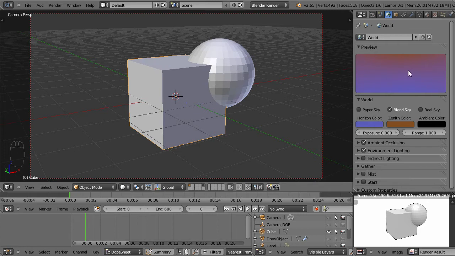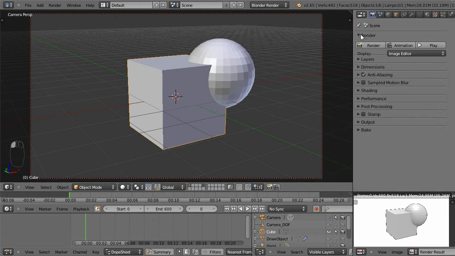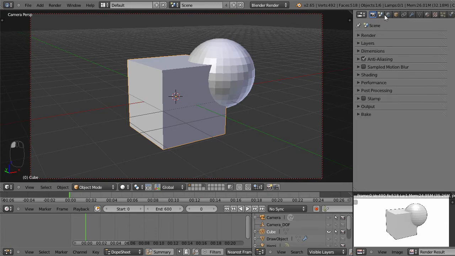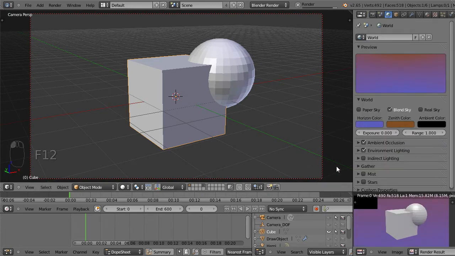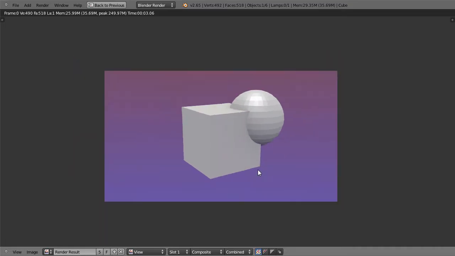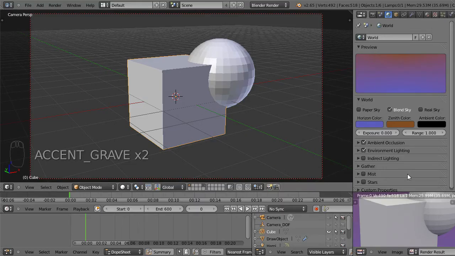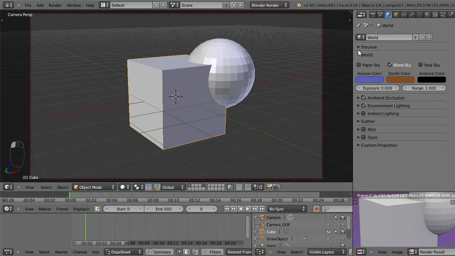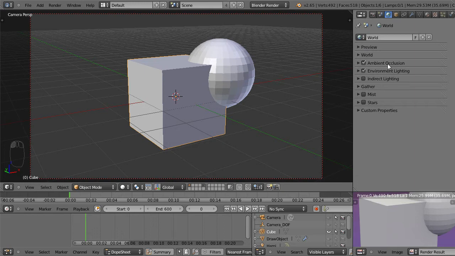Okay, so now that we have changed the world background color, if we hit F12, which is the hotkey to render, we'll see that we now have this background color we just created. I'll hit the tilde key to go into here and zoom in on that. So minimize that, and going down, the ambient occlusion